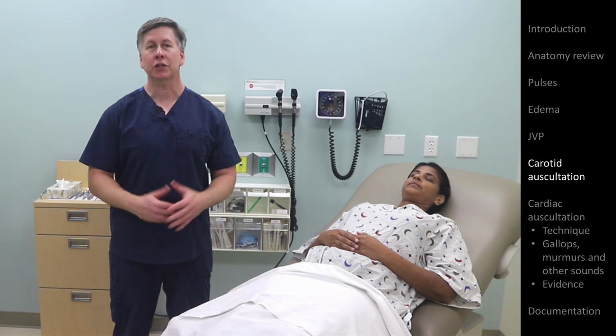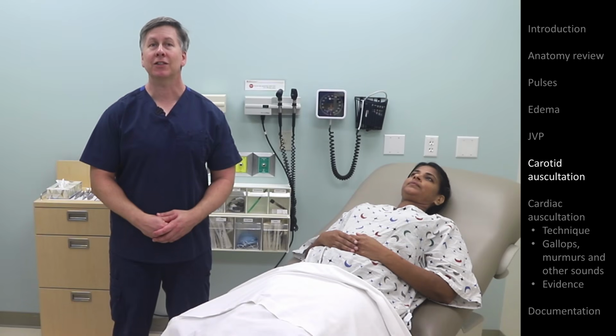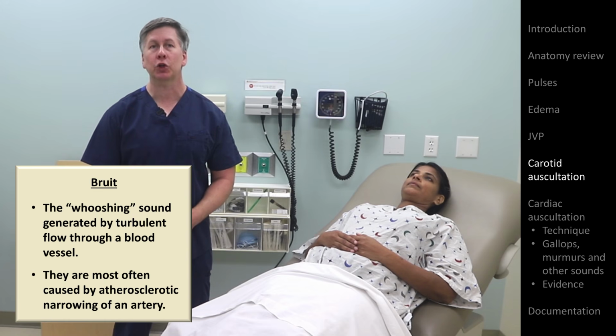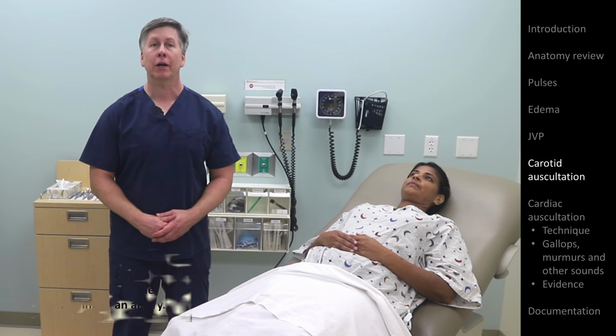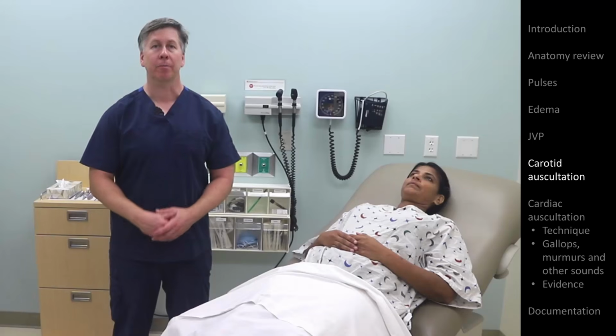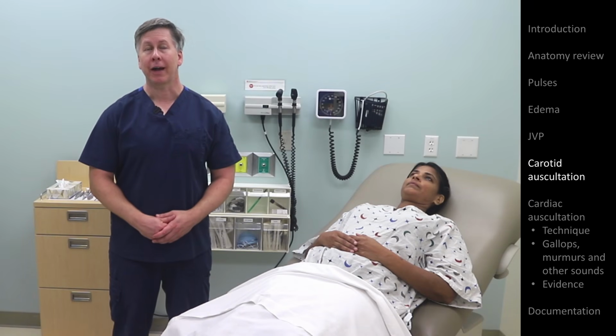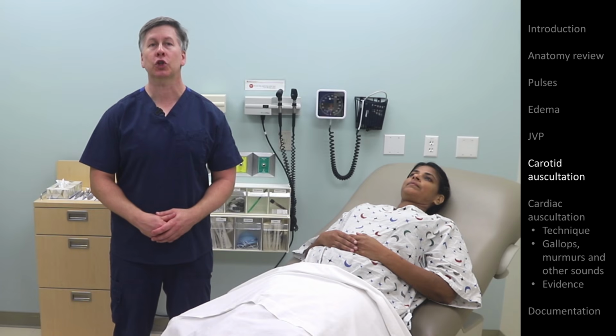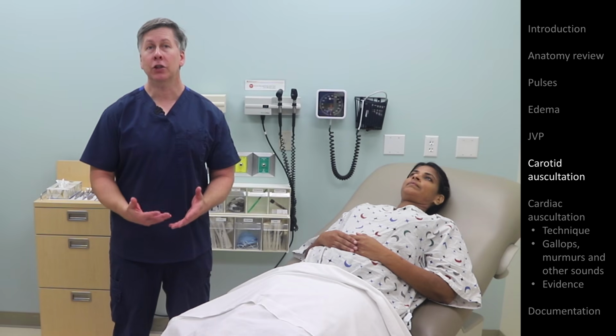Next, let's discuss listening for carotid bruits. A bruit is the name given to the whooshing sound that's generated by turbulent blood flow through a vessel. Bruits are most classically associated with atherosclerotic narrowing of an artery, though it's been reported that 1% of normal adults have them. Carotid bruits are always louder in systole. If you hear what sounds like a bruit in the neck, but it's louder in diastole, it's likely turbulent flow through an internal jugular or brachiocephalic vein known as a venous hum, which is a benign phenomenon occasionally observed in